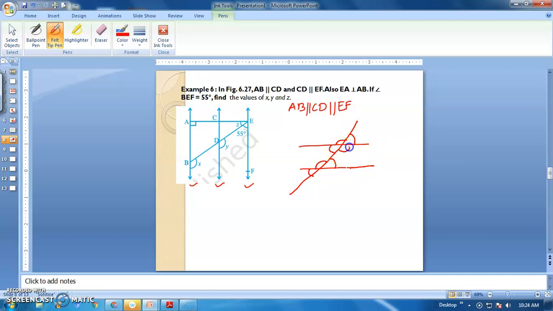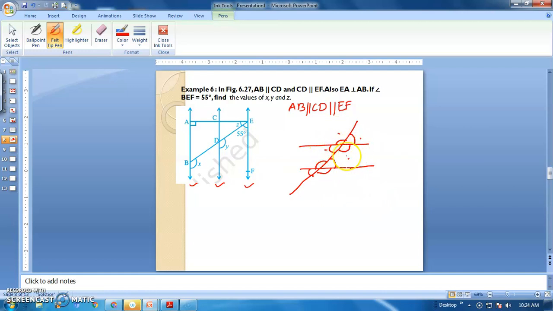And similarly this angle and this angle are the same, because they are lying below the lines and also on the right hand side of the transversal. So these are the angles called corresponding angles. Corresponding angles are always the same. And similarly, these two angles are vertically opposite and these two are vertically opposite.